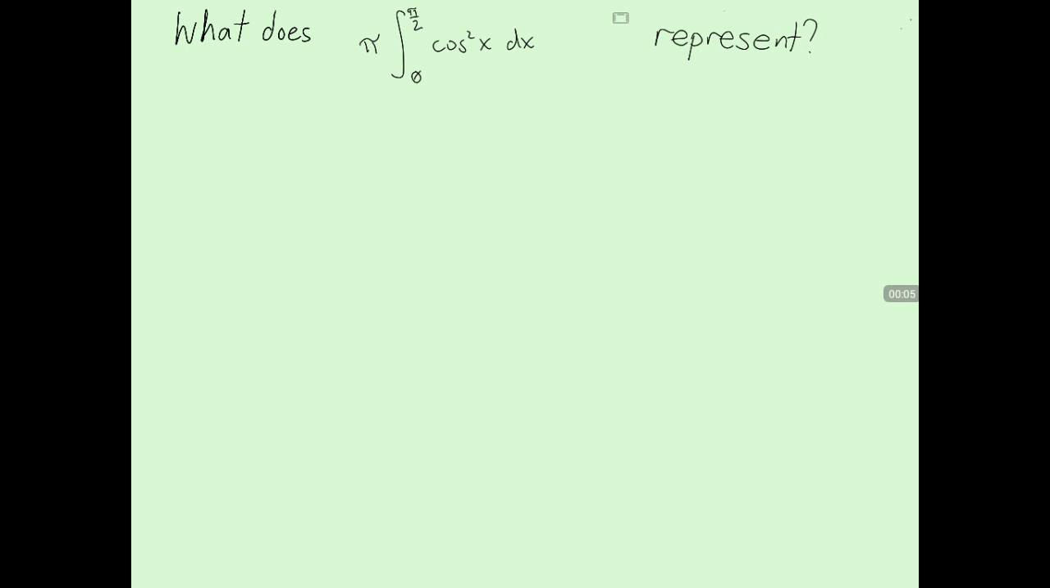So right now we're going to take a look at what some definite integrals represent. The first integral is pi times the integral from 0 to pi over 2 of cos squared x. If we take a look at what the integral is saying, we can try to figure out what it means. So we can take a look at this cos squared x term, and this is very similar to the